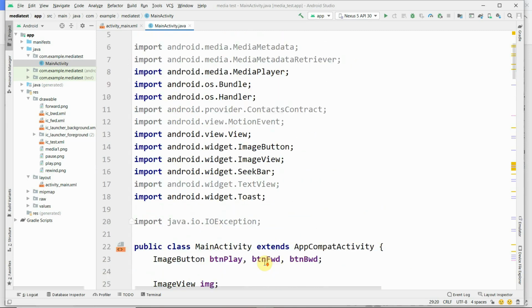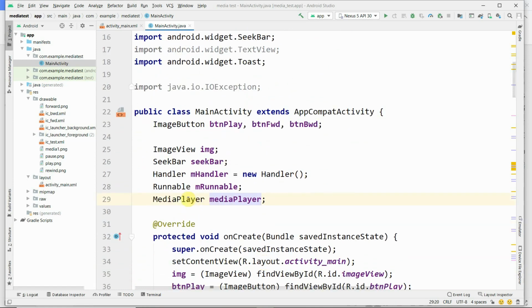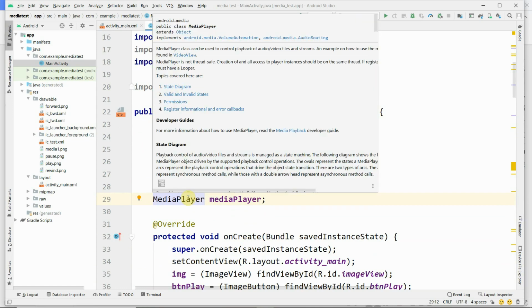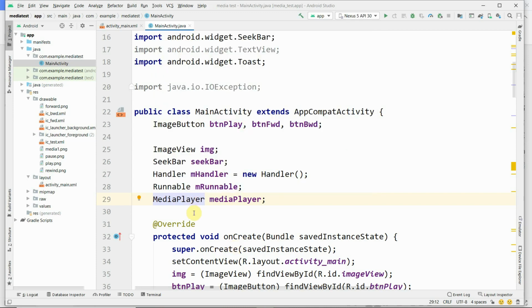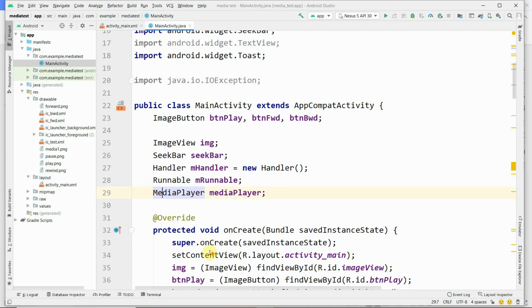Okay, and when you type MediaPlayer as the class name, it gives you options to select a particular interface or jar files. Or you have to import that class. Now we have imported the appropriate classes.